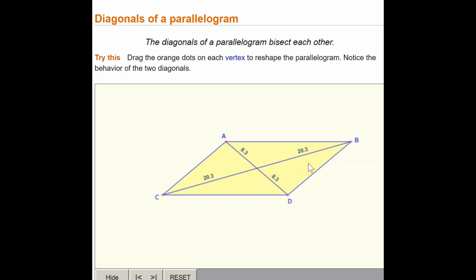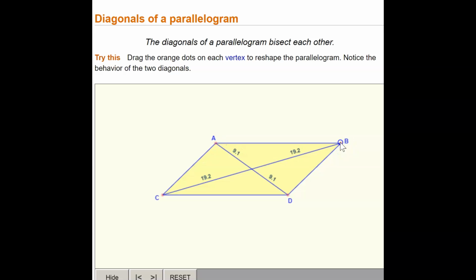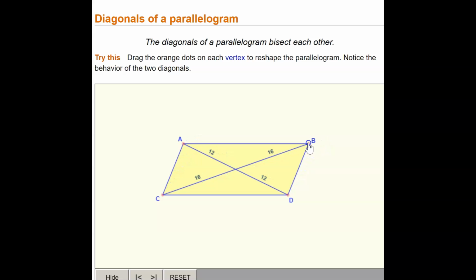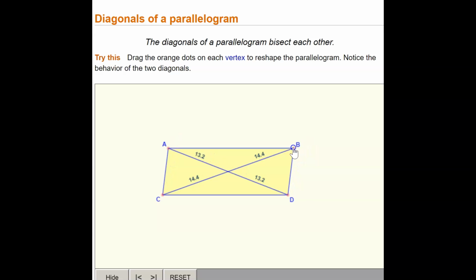Of course, we know that the diagonals of a parallelogram bisect each other, so these have to be the same. And the same thing with the 8.3 and the 8.3, they have to be the same. But watch what happens when I make the parallelogram look more like a rectangle. Those numbers, 10.5, 17.6, on the different diagonals are getting closer together, 12 and 16, 13 and 14, until finally